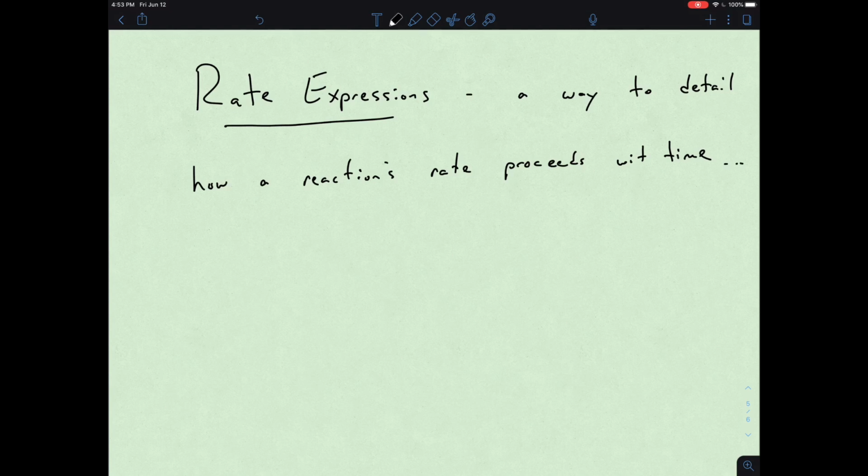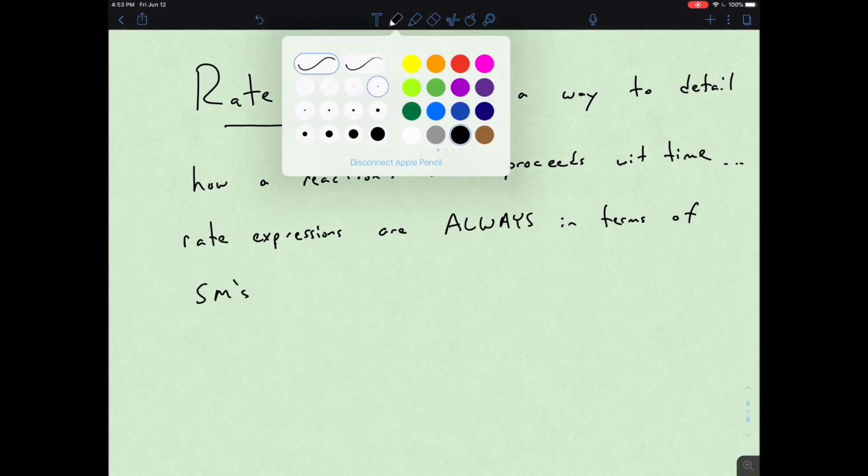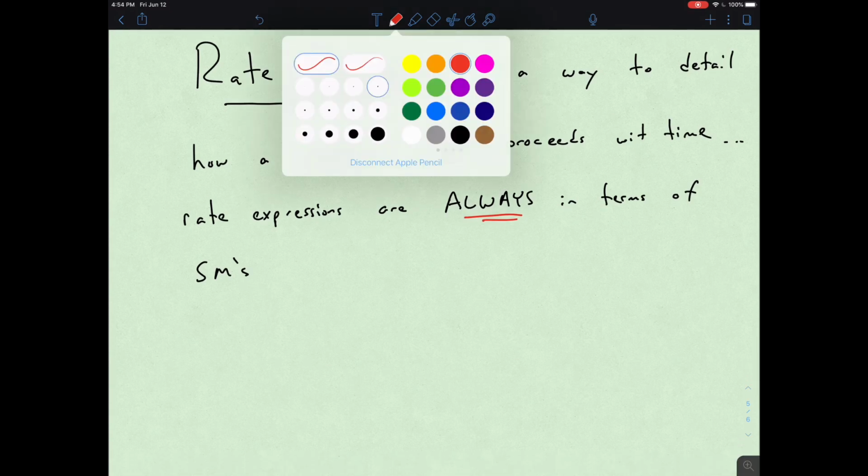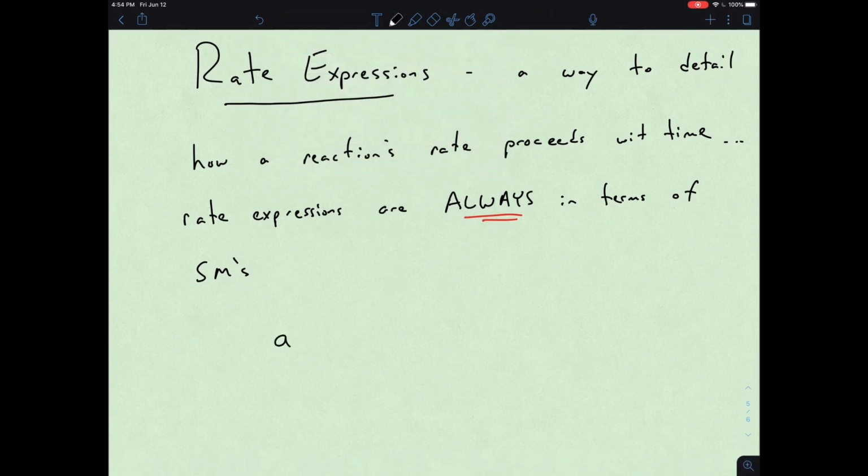So our rate expressions here are always in terms of starting materials. To be honest, we start with our starting materials. It's easy just to watch their consumption over time, and so we can really apply this rate expression, a way to look at a reaction in terms of time, in terms of just the actual starting materials. So we have a general reaction,